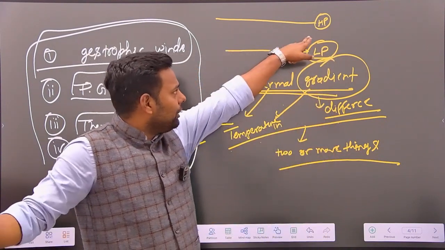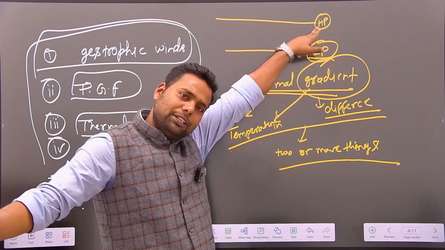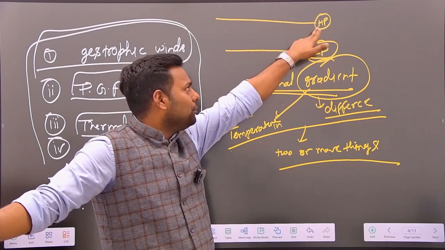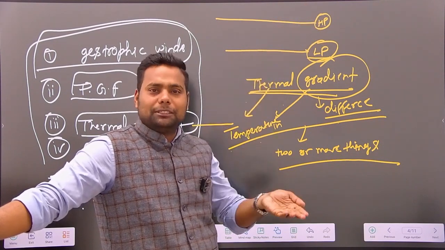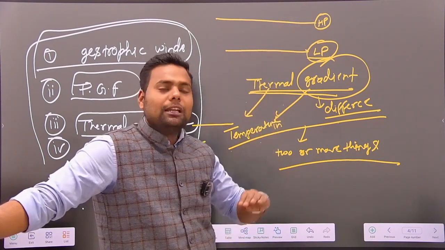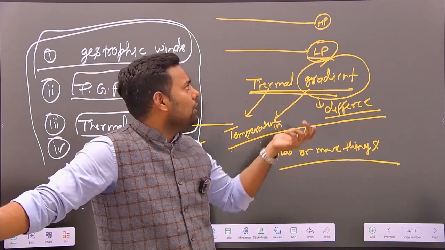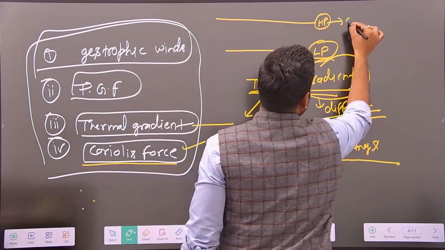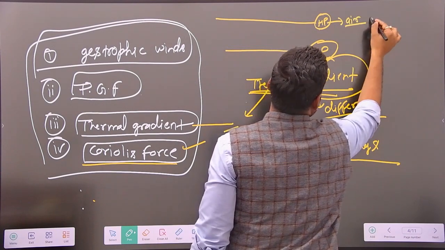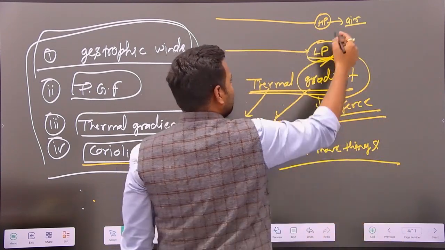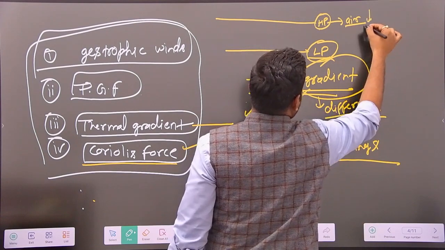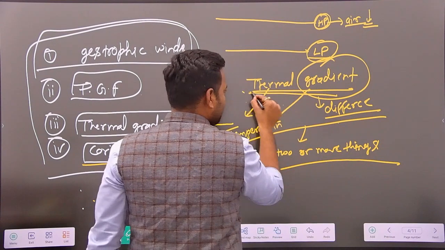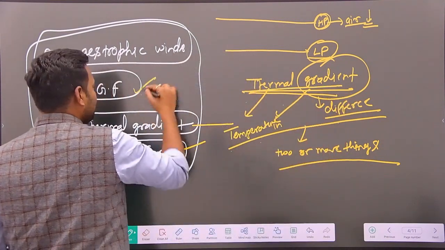Because in the polar region the slantiness of sun rays is more, the polar region receives less energy or insolation. When less energy is received, the air is not capable of rising and stays near the surface, creating high pressure. So due to the thermal gradient, there is a development of PGF.